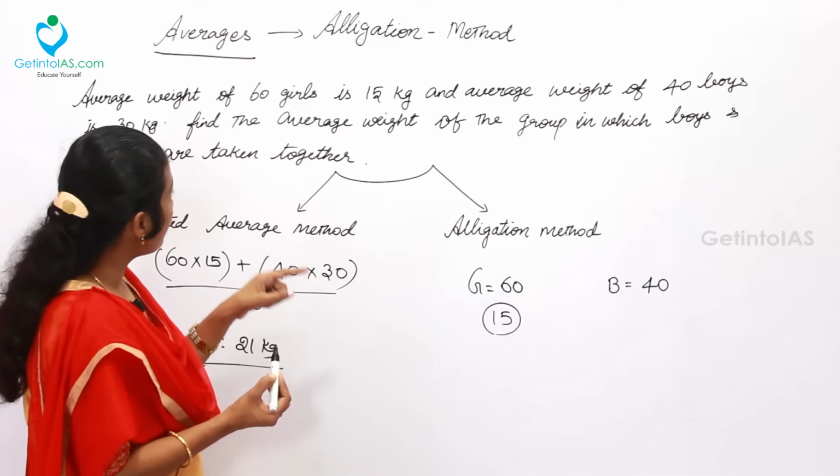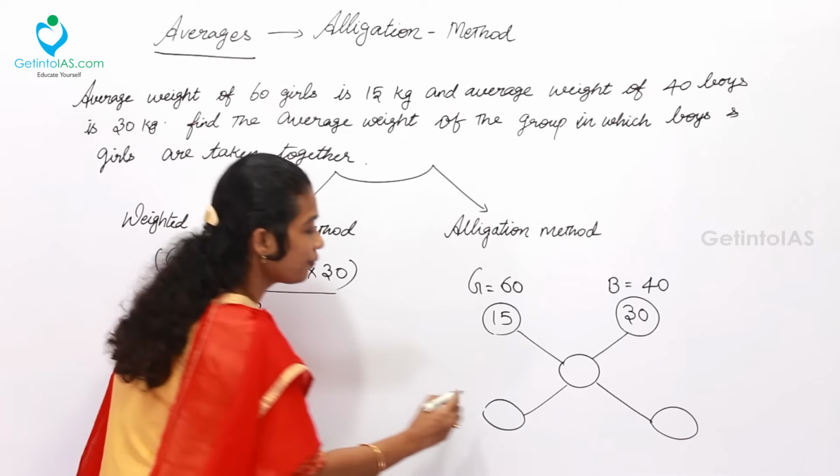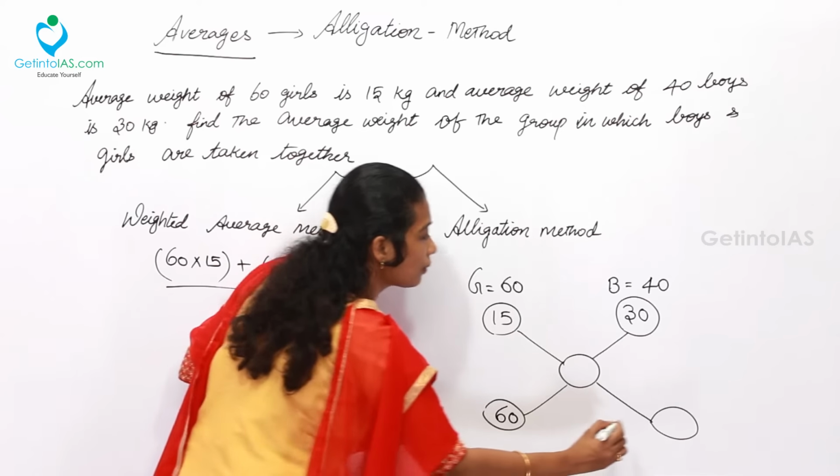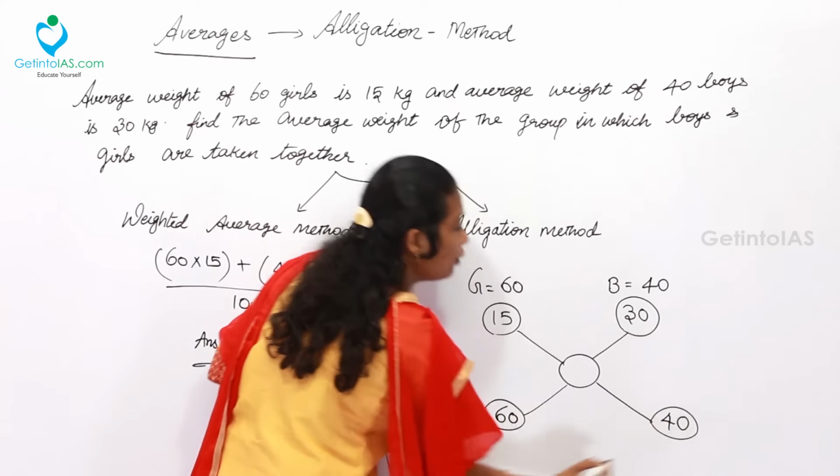But at final, here in this box, usually what will you be getting? You will be getting the quantity. Quantity means what? Number of girls and number of boys. Directly you can choose it and write down over here 60 and 40. In the middle, we don't know the exact value of the overall average weight. So let's take it as x. Now how to find x over here?